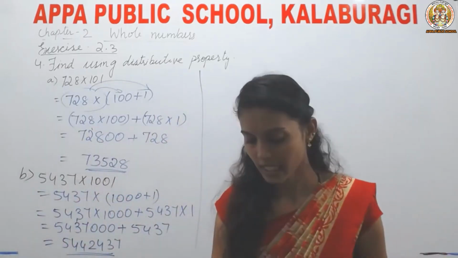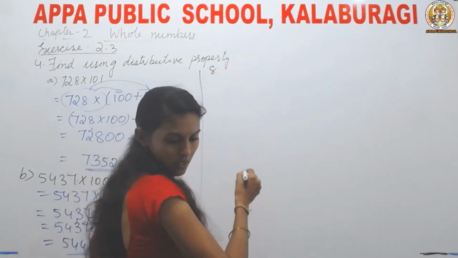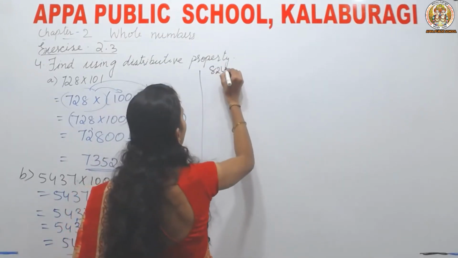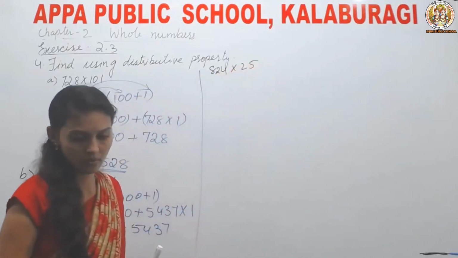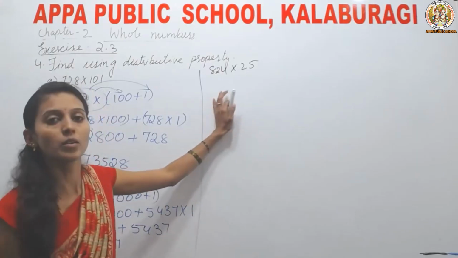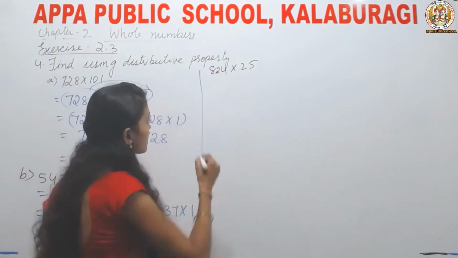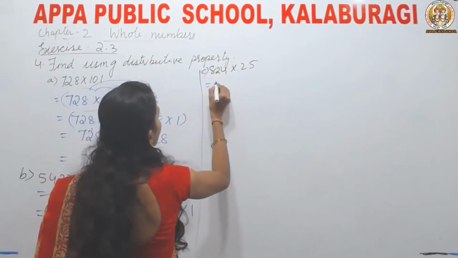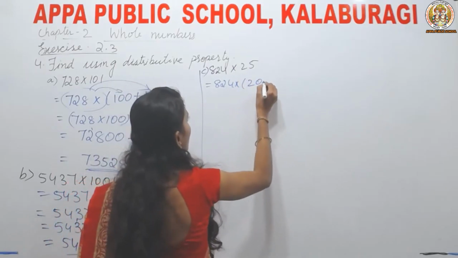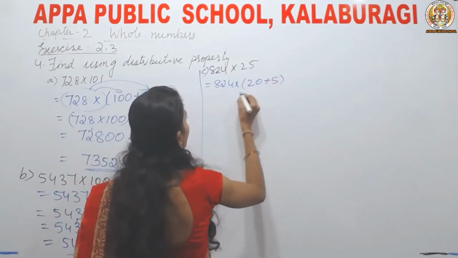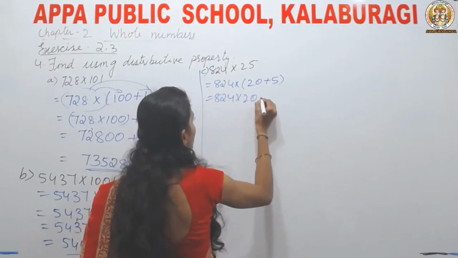Fine. Next number, 8024 into 25. Here also same way. This is C1. 8024, I'll keep it as it is and I'll split 25 into 20 and 5. And I'll distribute to both the numbers. 20,